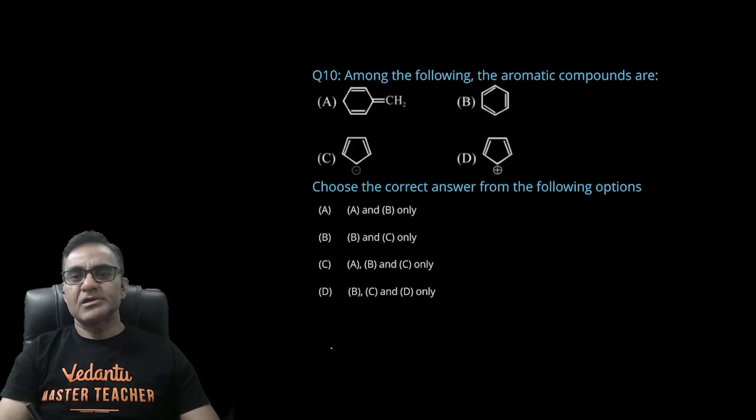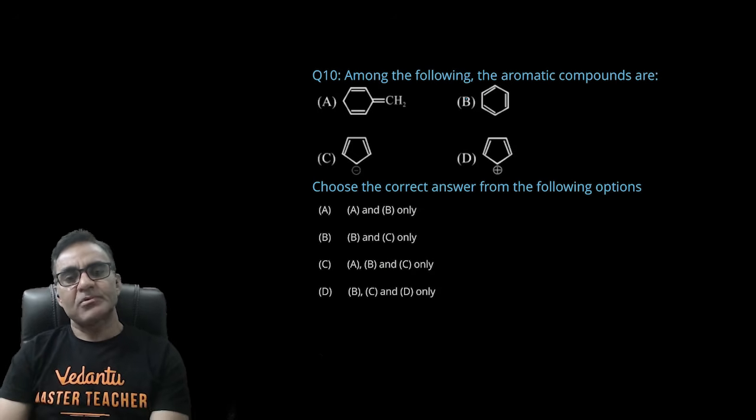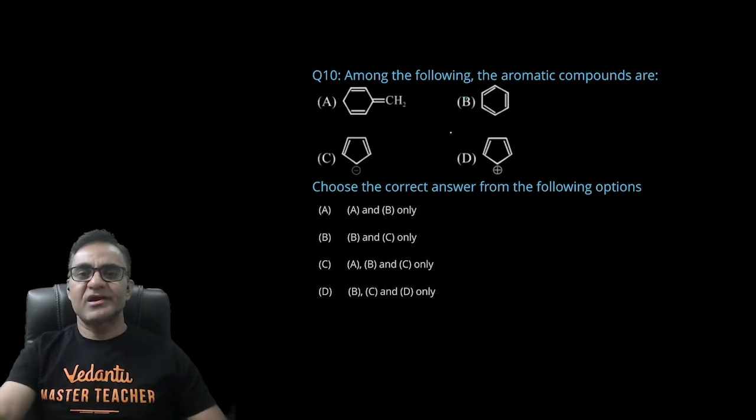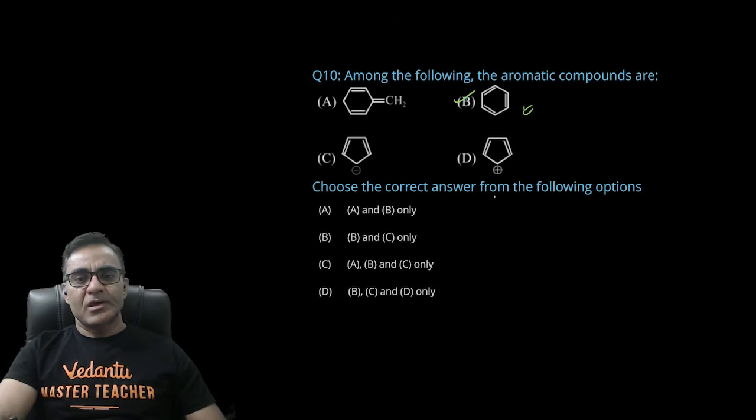Among the following, the compound which is aromatic. चार ऑप्शंस आपको दिए हुए हैं, इसमें से आपको एरोमेटिक कंपाउंड के ऑप्शंस निकालने हैं। तो एक तो बहुत क्लियरली दिख रहा है कि बेंजीन आपका एरोमेटिक कंपाउंड है, एंड एक आपका ये साइक्लोपेंटा डाई इनाइल एनायन